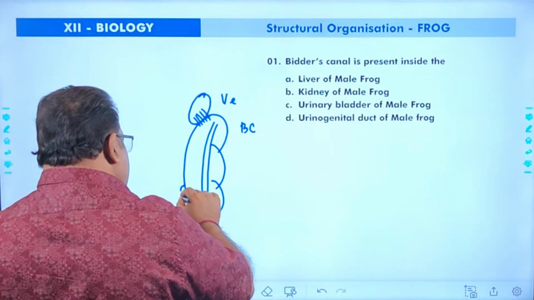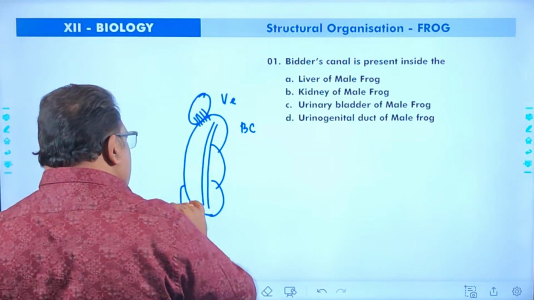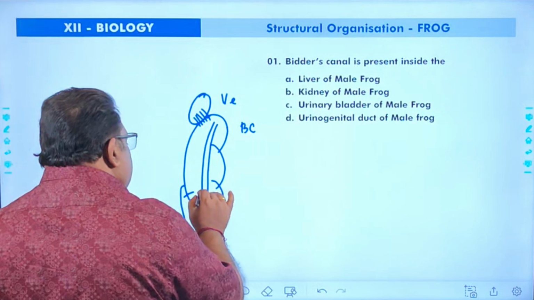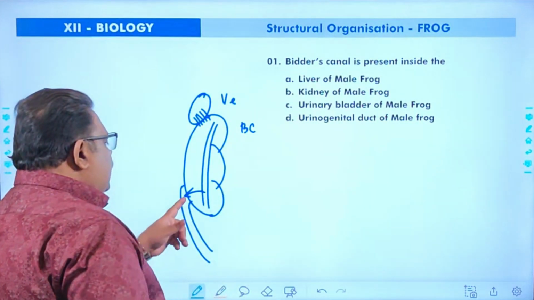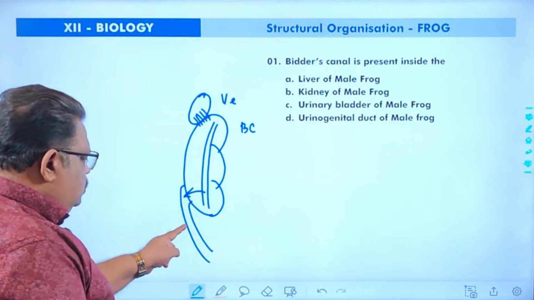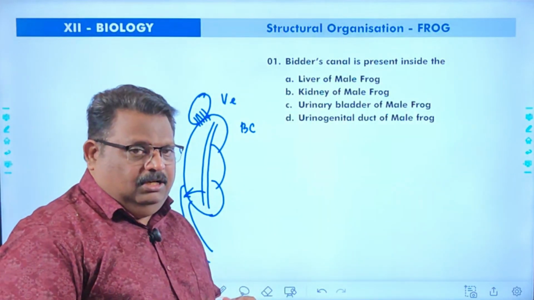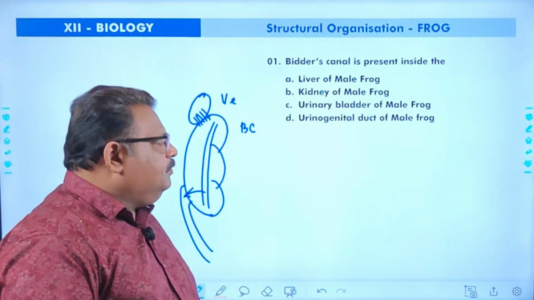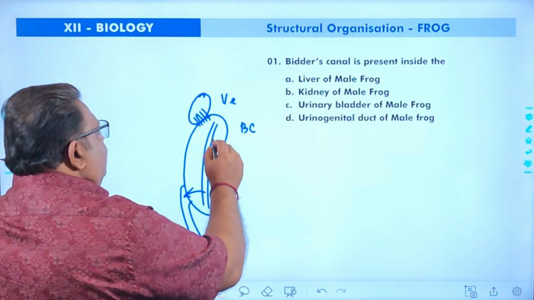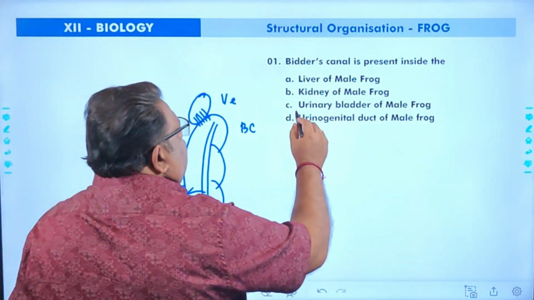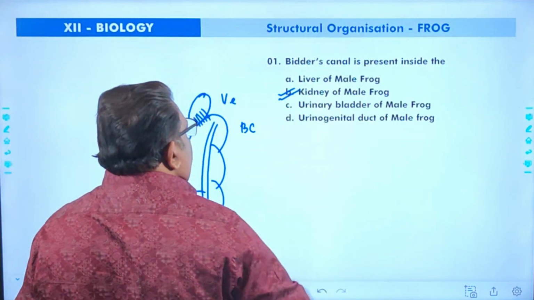So from the kidney, there develops a tube. That tube is called ureter. So here there is a communication between the Bidder's canal and ureter, so that this ureter is represented as urinogenital duct only in the case of male frog. So here you can see that the canal called Bidder's canal is present inside the kidney of male frog,